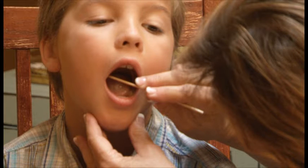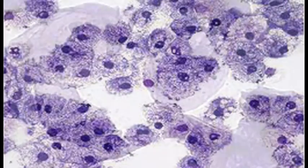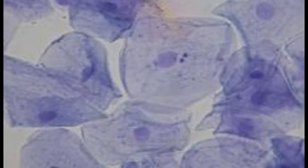This short instructional video will demonstrate how really simple it is to collect buccal cells from your child's mouth. Buccal cells, which line the insides of our cheeks, form the surface of a mucous membrane. These flat, scale-like buccal cells are shed constantly as the tissue is renewed. As the old cells die, they accumulate in the saliva in the mouth and can easily be collected with a